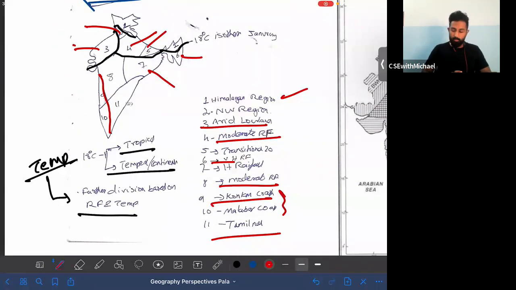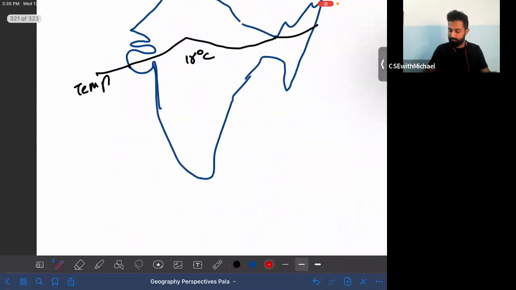Okay, so we'll write a few things, then I'll share some notes with respect to each of these regions. I'll compile a note and share it with you, so you can read it further from there, which is basically static information. So how this classification has been arrived at, we'll write as a note. Stamp's classification of Indian climate